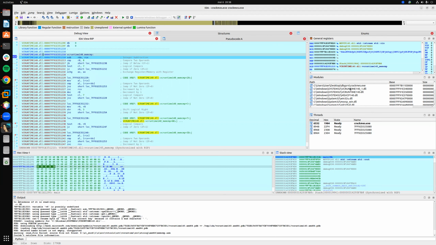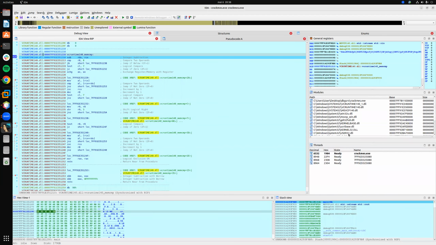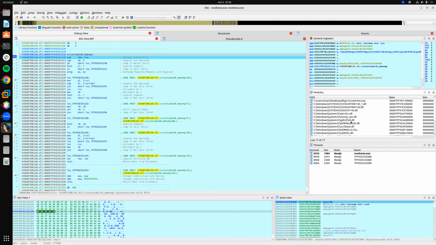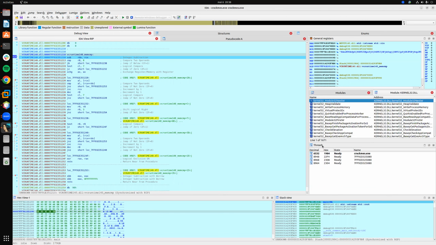You can see the modules that are loaded here. And if you want to look for some specific modules, for example, kernel32 and ntdll, you can double click on those DLLs like that. And then you can see all these modules, and you can also look for